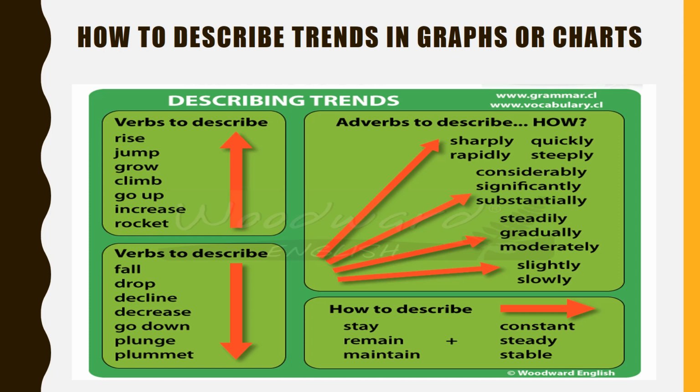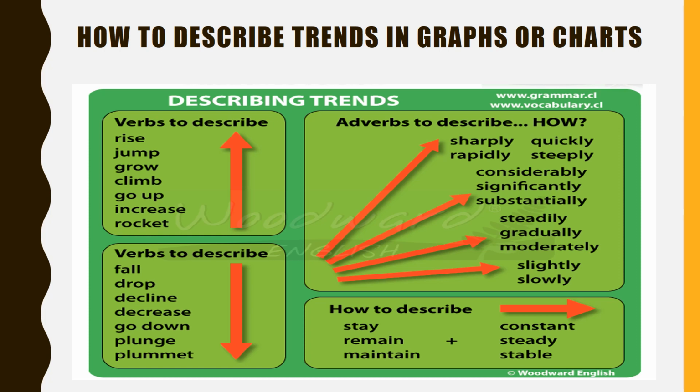For a downward trend, we can use verbs like fall, drop, decline, decrease, go down, plunge, or plummet. Sometimes the graph is a stable one. In that case, we can use verbs like stay, remain, maintain, or adjectives like constant, steady,